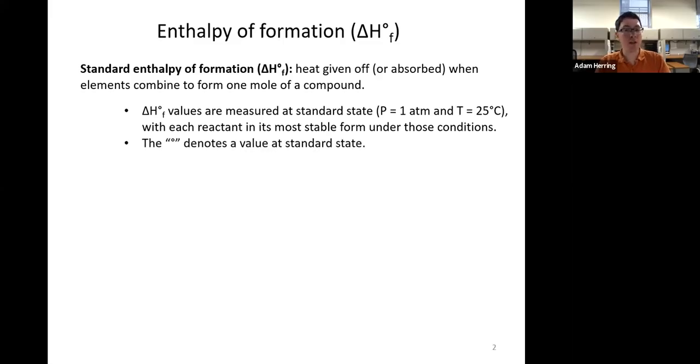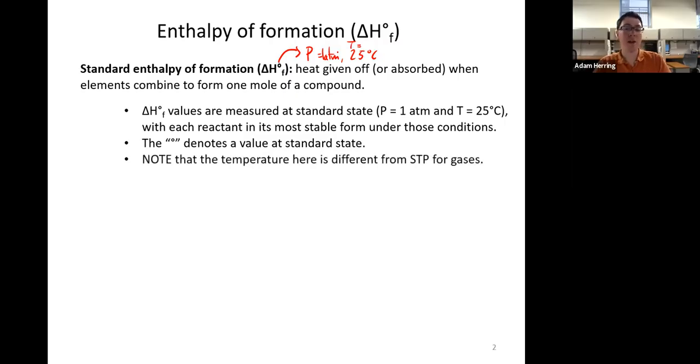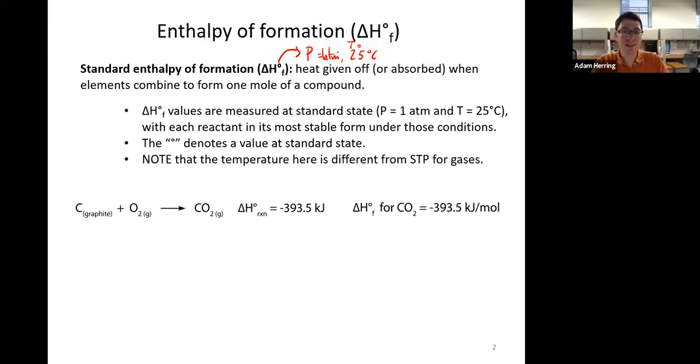The symbol naught denotes that we're talking about standard state. So this is a new symbol, and this is referring to the fact that we have a pressure of 1 atmosphere and 25 degrees Celsius. Note that the temperature here is different from standard temperature and pressure for gases, which was 1 atmosphere of pressure, but 0 degrees Celsius. So this reaction here is an example where the enthalpy of the reaction is